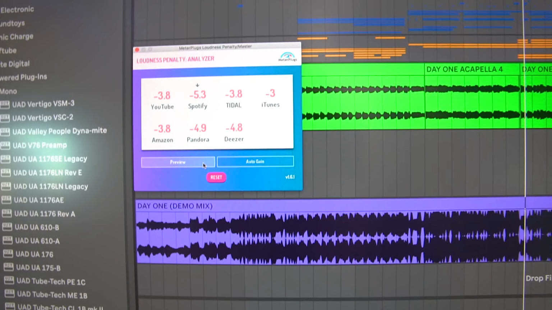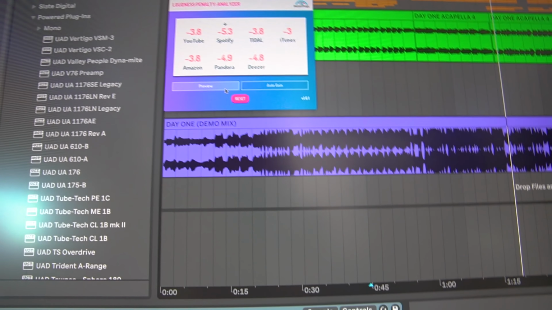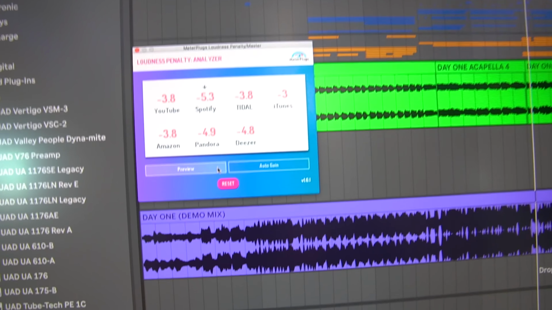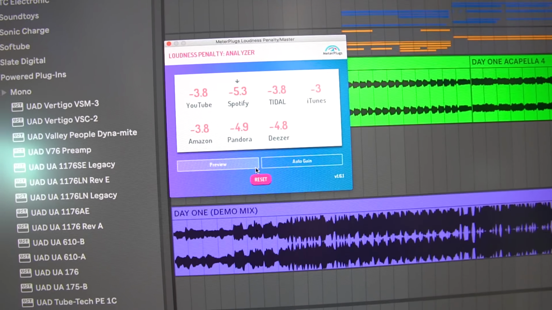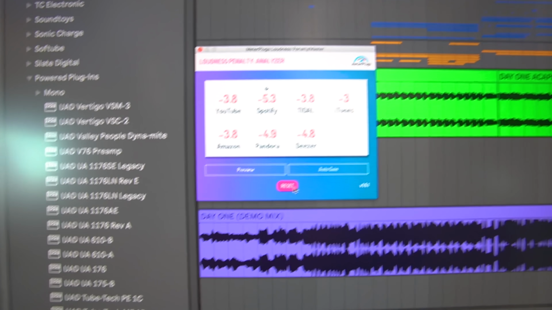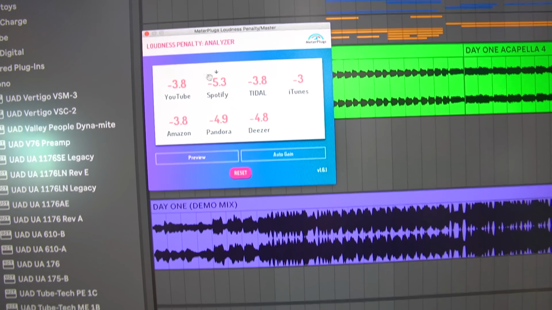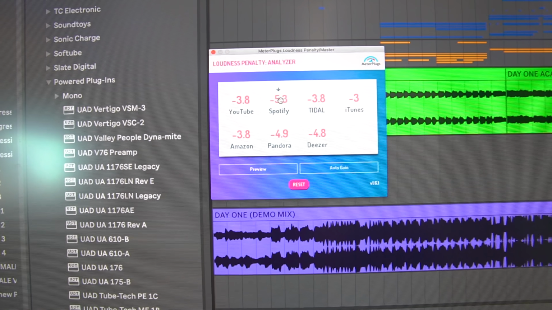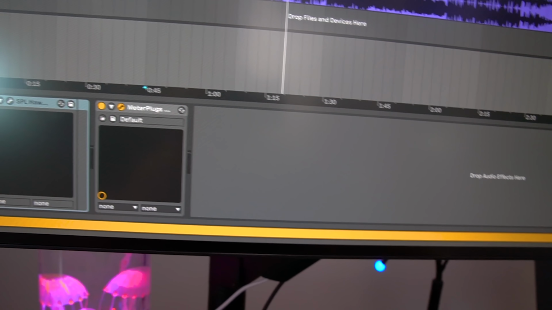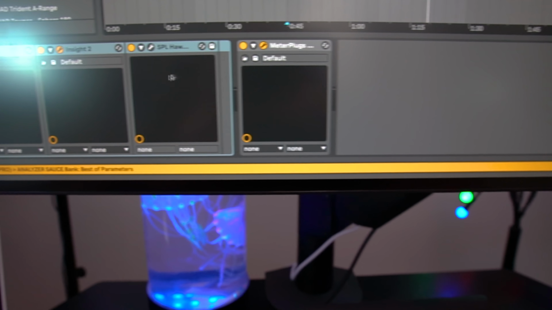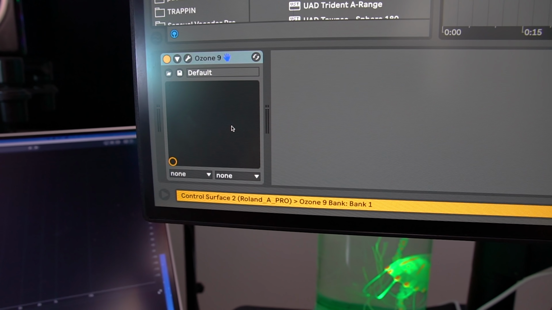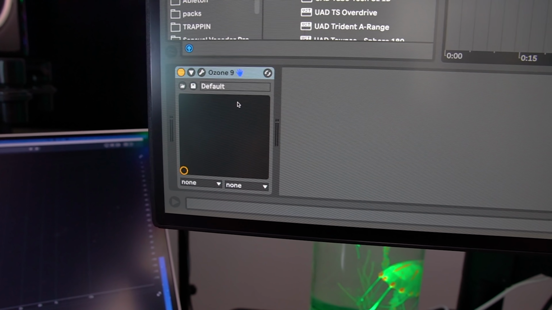So this is an extremely helpful way to calculate any penalty that you might be getting from the loudness of your mix, and to hear what your song would sound like in an absolutely finished format, which would be streaming off of YouTube or Spotify or whatever you want to listen to. So that's the Loudness Penalty Analyzer, a super helpful plugin that I've been using to finish up a lot of my music recently. I don't put it on the PreMaster, I put it with all the other analyzer plugins here on the master. And up here on my master channel, just iZotope Ozone 9, running the Ozone Master Sauce preset,